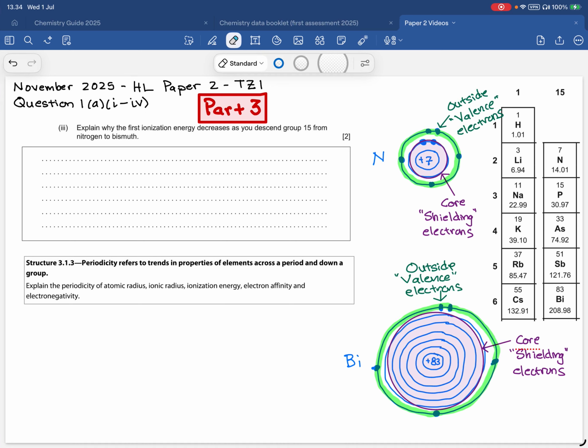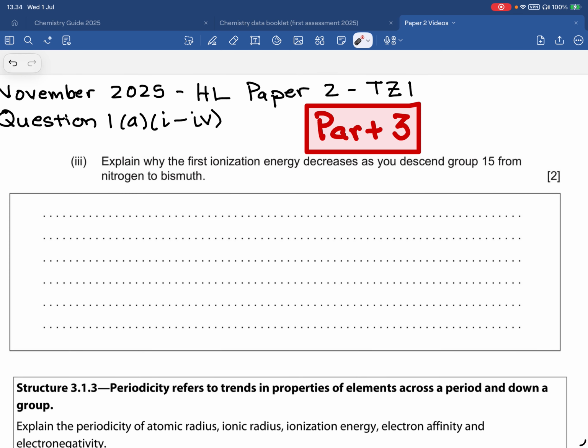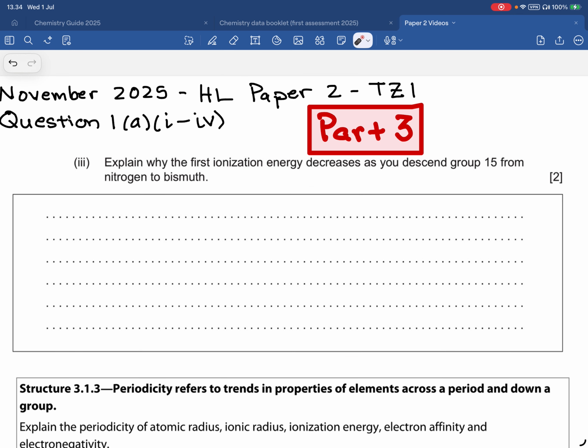All right, folks, so this is part three from question 1A in the November 2025 HL paper 2 time zone 1 paper. As always, remember that you need to read the question very carefully when you start. You have approximately 90 seconds to mark, so that's going to be a roughly 3-minute question. 2 marks. So, explain why the first ionization energy